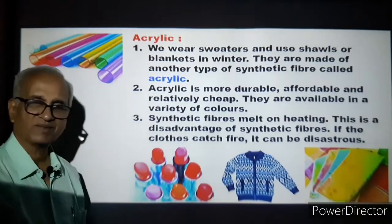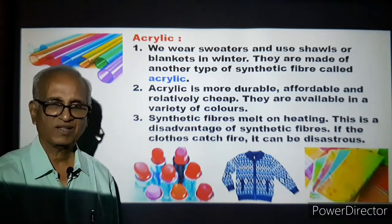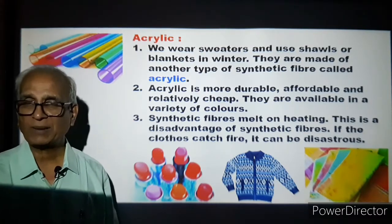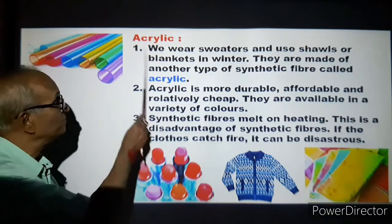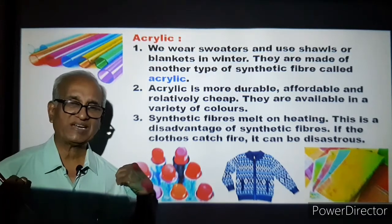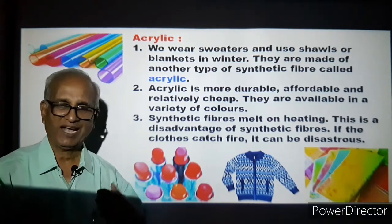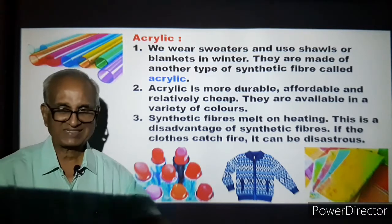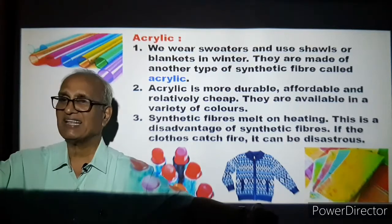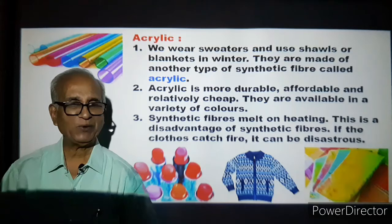Acrylic. From polyester we are coming to acrylic now. Rayon, nylon, polyester. Now we have come to acrylic. We wear colorful sweaters and those sweaters stick onto our body. As you put it in, they stretch. If they don't stretch, you can't put them in. They stretch like anything. A sweater stretches, but once you put it on,